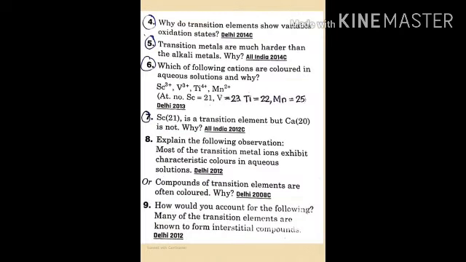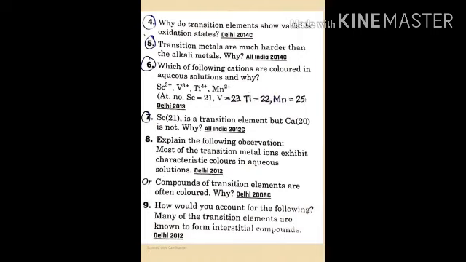Next question. Why do transition elements show variable oxidation state? The answer is that the ns orbital and n-1d electrons of the transition metal, the electrons from both the orbitals, will take part in the bond formation. So it is resulting in the variable oxidation state, because when ns electrons take part in the bonding, they exhibit a lower oxidation state because they can contain only 2 electrons, right? But when n-1d electrons take part in the bond formation along with the ns electrons, they exhibit higher oxidation